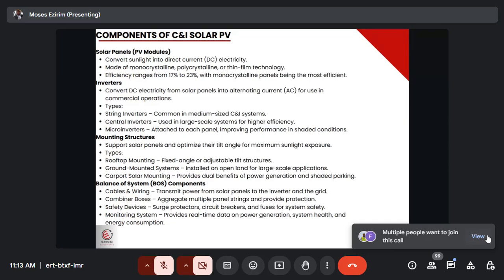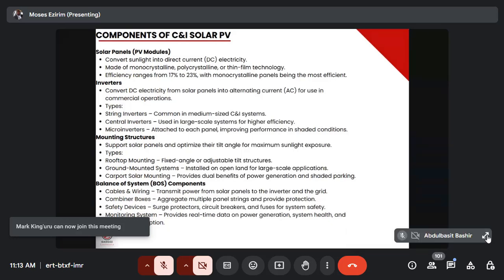now banks, their ATM uses AC. That's alternating current. Their air condition uses AC. Their system, their PC, that's their computer, uses AC. Their photocopy machine uses AC. All their equipment uses AC. So that's the reason why we need an inverter to convert the DC that your solar panel is generating to